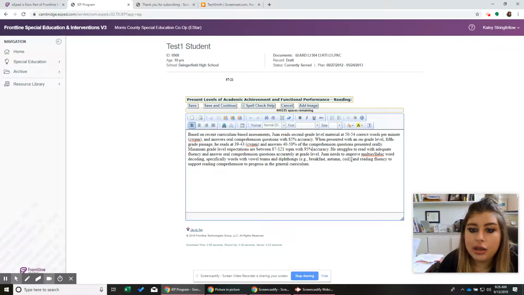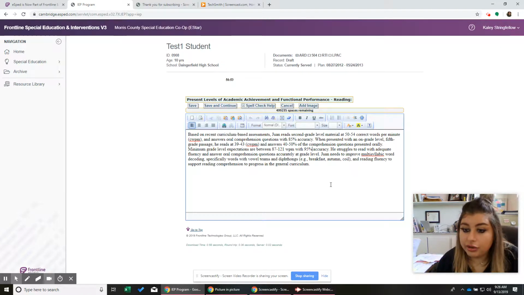Okay, so then they break that down, and this can be from a program, or it can be just teacher observations, what you've seen, what you know about, your professional opinion. So he struggles to read with adequate fluency and answer oral comprehension questions accurately on grade level. He needs to improve multisyllabic word decoding, specifically words with da da da.